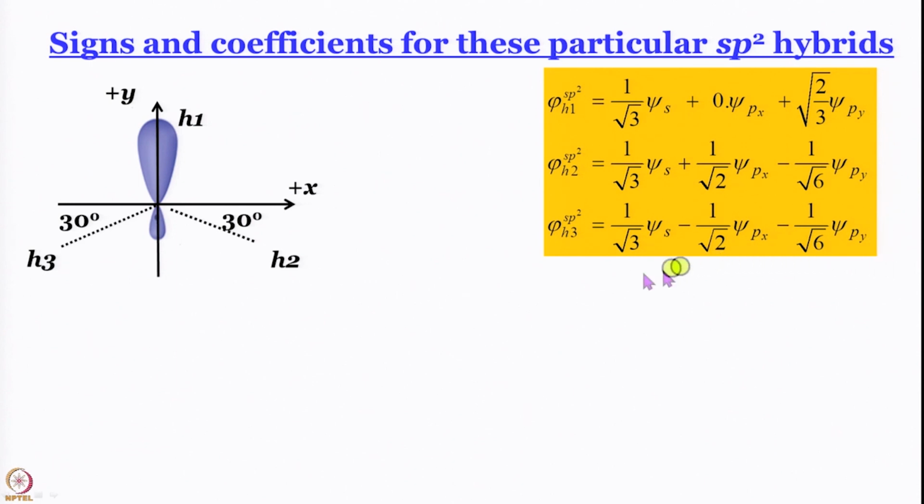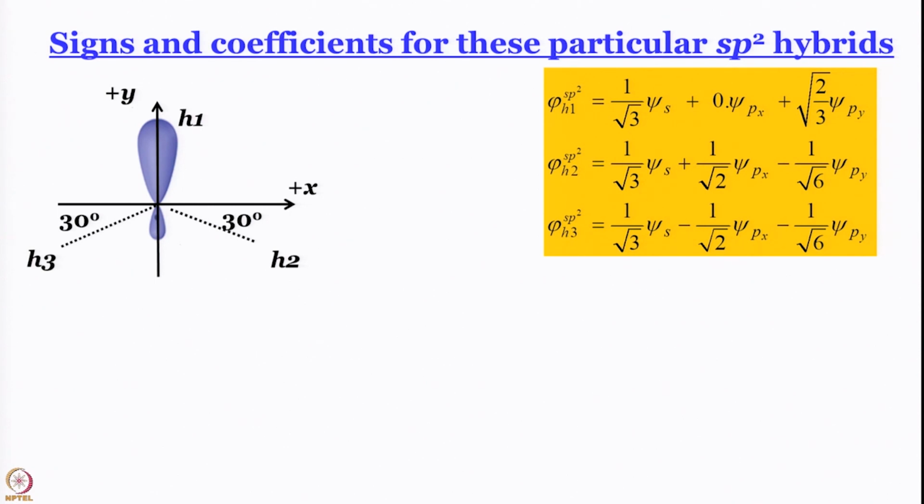So, you please satisfy yourself that how many pairs can you take? 3C2, right, factorial 3 by factorial 2, 3 pairs. All the 3 pairs of these hybrid orbitals, they are orthogonal to each other. Please convince yourselves, please work them out. Please also convince yourselves that they are normalized, but it is not even required because we have used the normalization condition to even construct them.